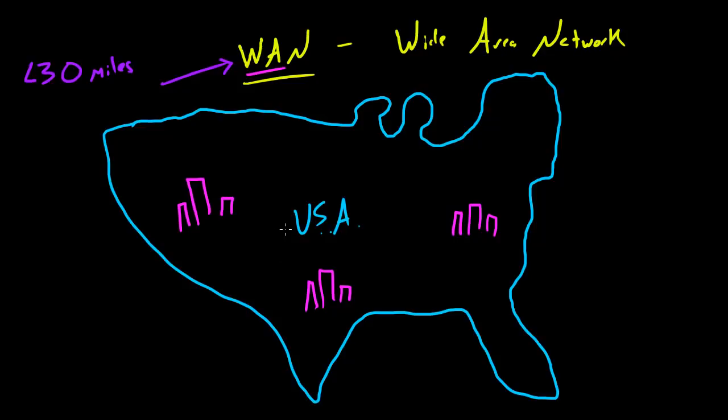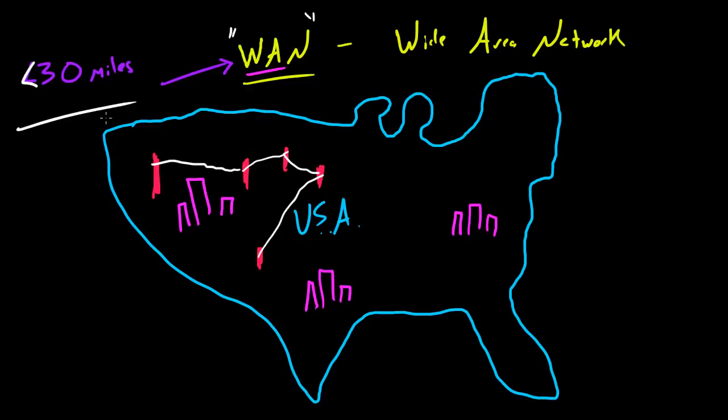And another thing, a cool way of remembering this is you have your telephone company, and the telephone company usually has a bunch of telephone poles connected all across America. Well, these telephones, whenever they're connected like this, would be an example of a WAN. It's pretty much a network that spans greater than 30 miles. So that's probably the easiest, simplest explanation of a WAN. And the biggest and most famous WAN is, of course, the internet.